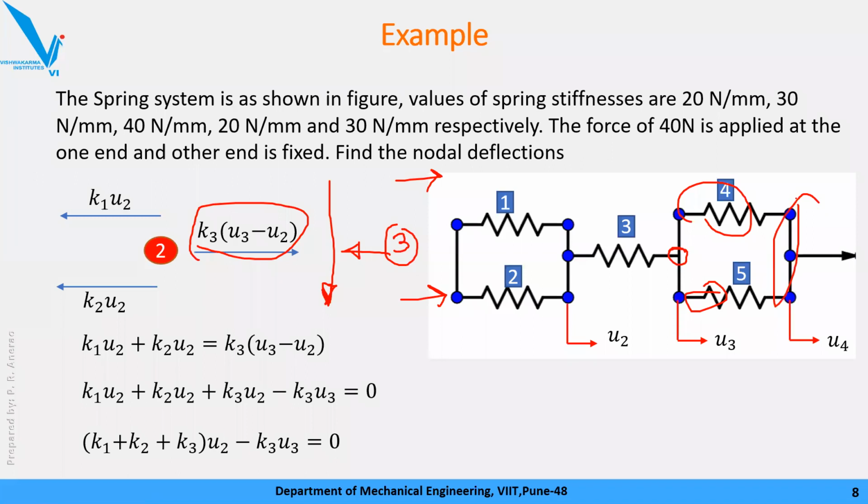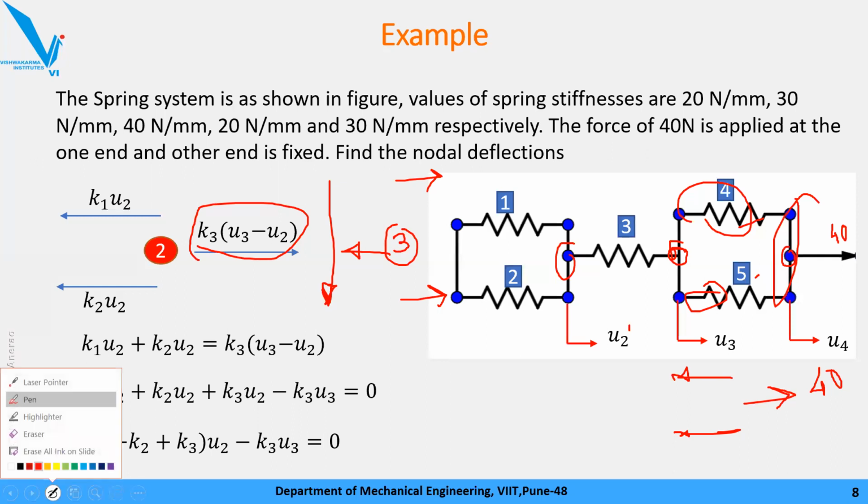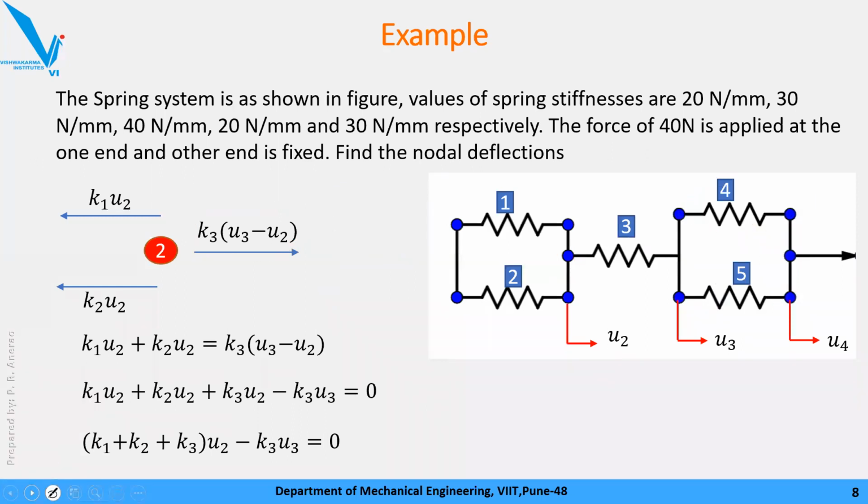Similarly for this one I'll rewrite the equation, because here we have 40, so a force of 40, and for these two springs an opposite force with the same magnitude like earlier. I'll get one more equation. So there are equations from node number 2, node number 3 and node number 4, so 3 equations. And unknowns are how many? Only 3, u2, u3, u4, because the rest of the terms you already know. You will be applying the tridiagonal matrix algorithm to obtain your answer. Okay? So I just gave an example of mechanical engineering and its connection with numerical methods.